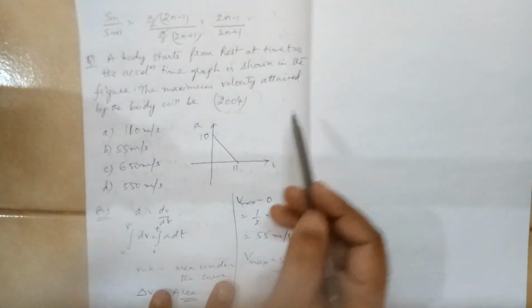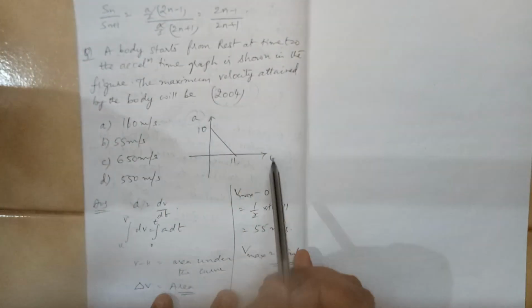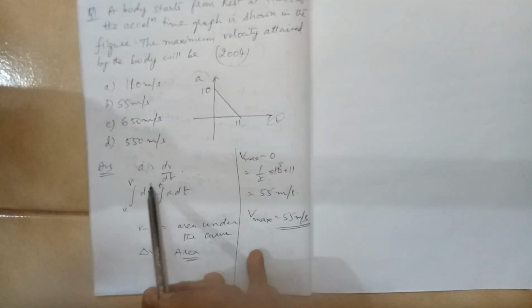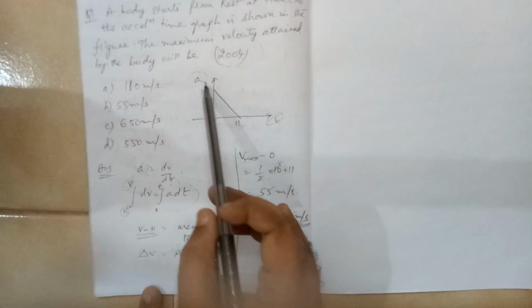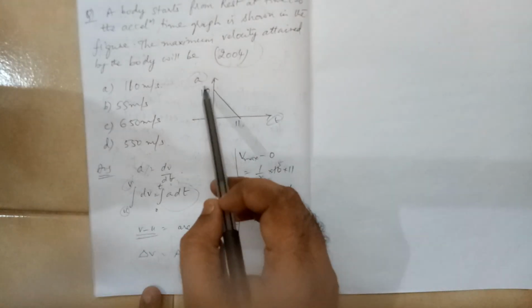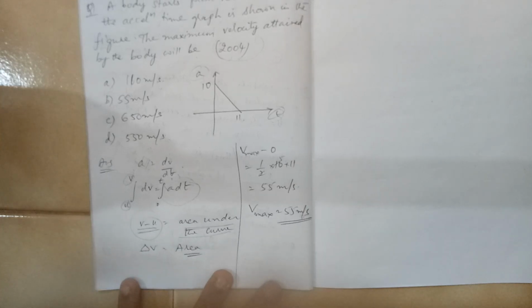Alright. Now here, see the graph. The graph is between acceleration and time. So you know that a is equal to dv by dt, or dv is equal to a dt. So if you integrate both sides, what will you get? You will get v, where initial velocity is u, final velocity is v, let us say. So you get change in velocity on the left hand side. And what is this? This is the area under the curve of the a-t graph. Here t is the independent axis. So the right hand side is giving you area under the curve, and what is it giving you? It is giving you change in velocity.